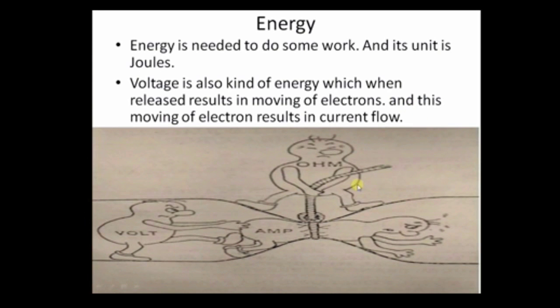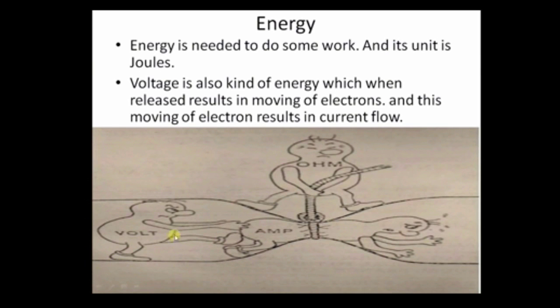Here is an example. I have shown this picture. Here this person is voltage and this person is an electron. This voltage is kicking this electron into the particular direction. Here amps is written, meaning I will explain what is amp in the concept of current, but this person is an electron. If we consider this pipe,